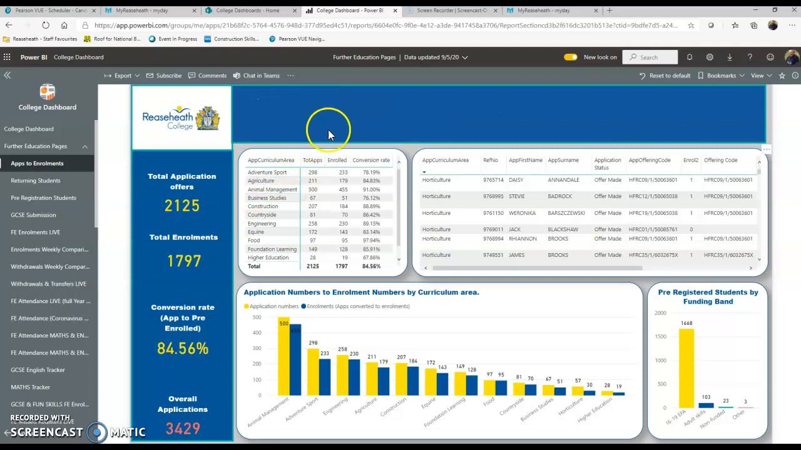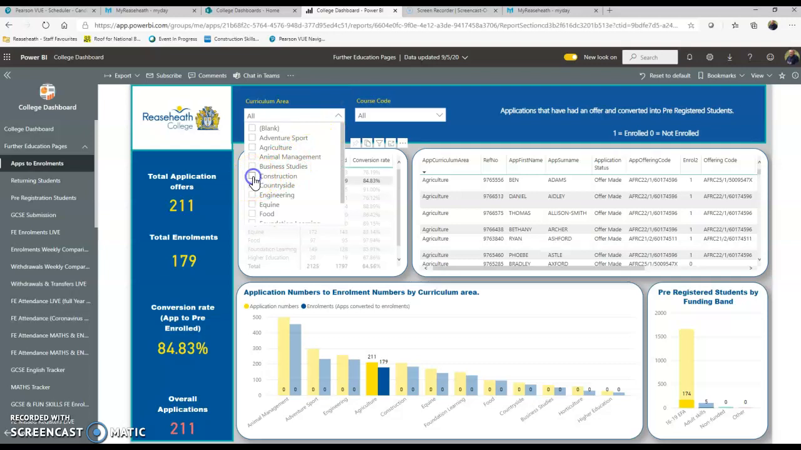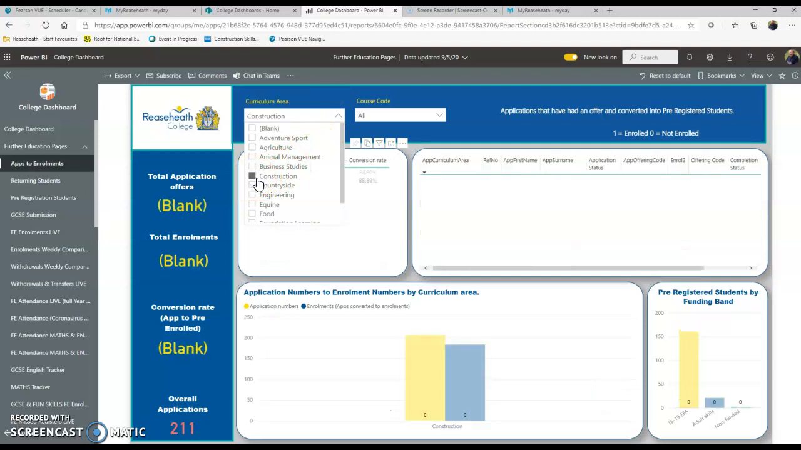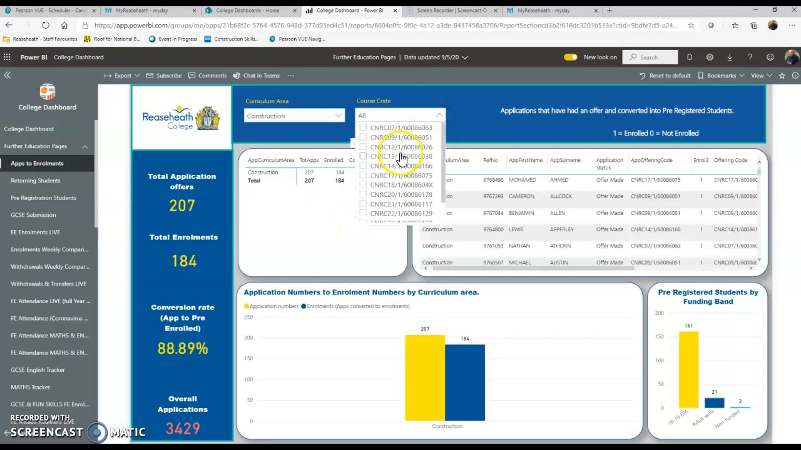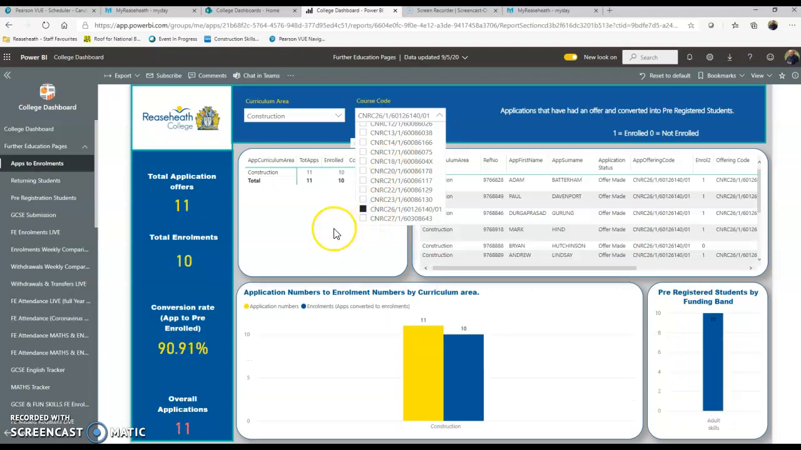So you can filter this down. So if we go curriculum area and select construction, and then once we've done that, we can then filter down by course, which is CNIC 26 for Building Heroes. Okay, so that tells you all the applications there, and then this offering code will only go in if they've enrolled. And once you've got the applications, 3 weeks before the course starts, you've got to start converting these to